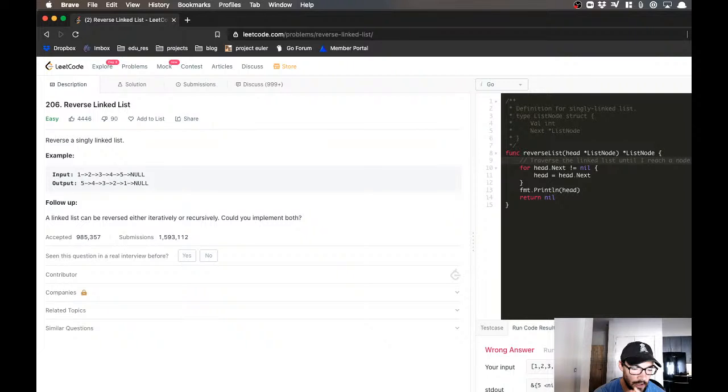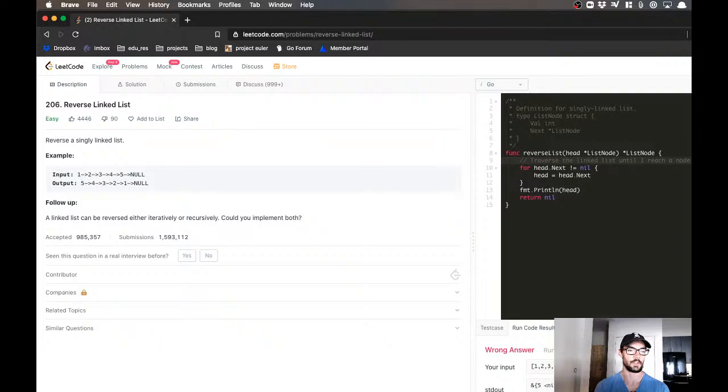So as I'm traversing down the list, if I point each node back, if I take the head